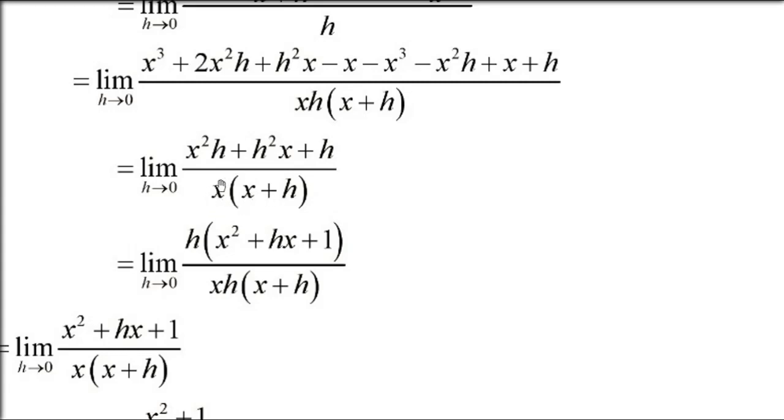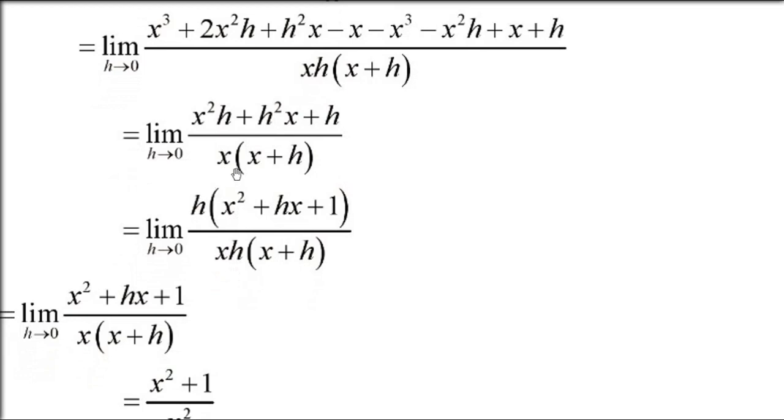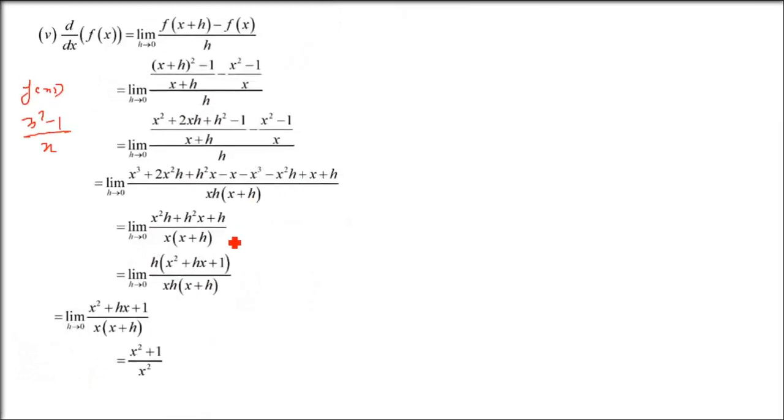Okay, so x plus h. Now we can take h common from here, and since we have a denominator h already here, from the first principle, this gets cancelled. Now put h as 0. Wherever h is there, just forget about that term. We have x square plus 1 by x square, and x square plus 1 by x square. This is the final result.